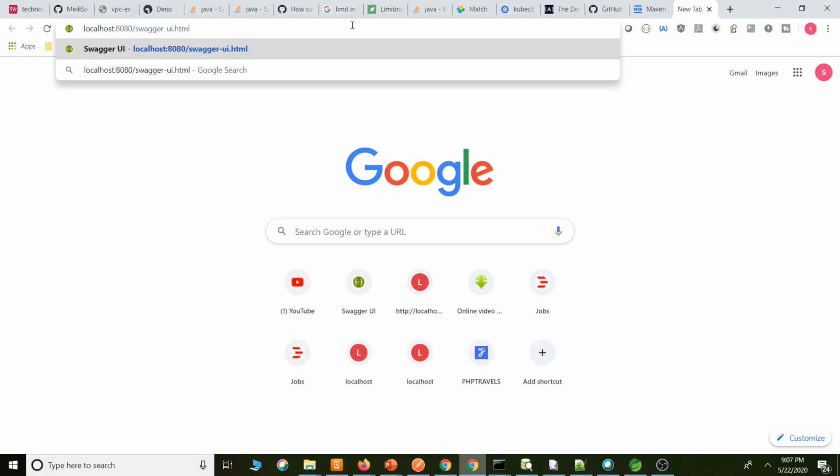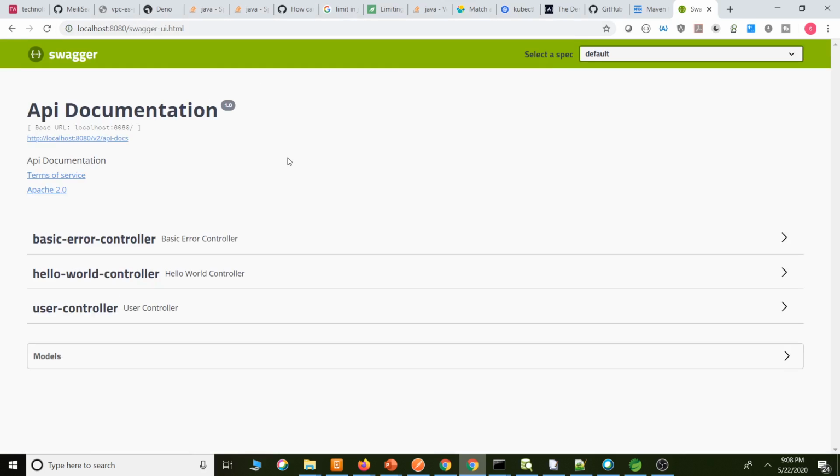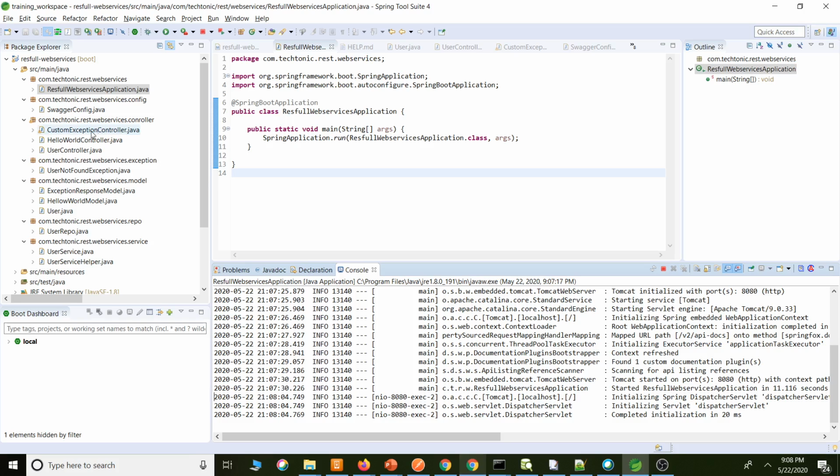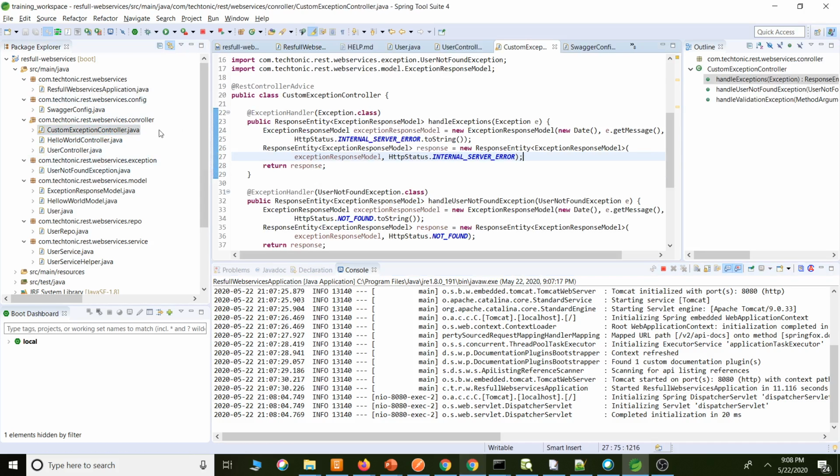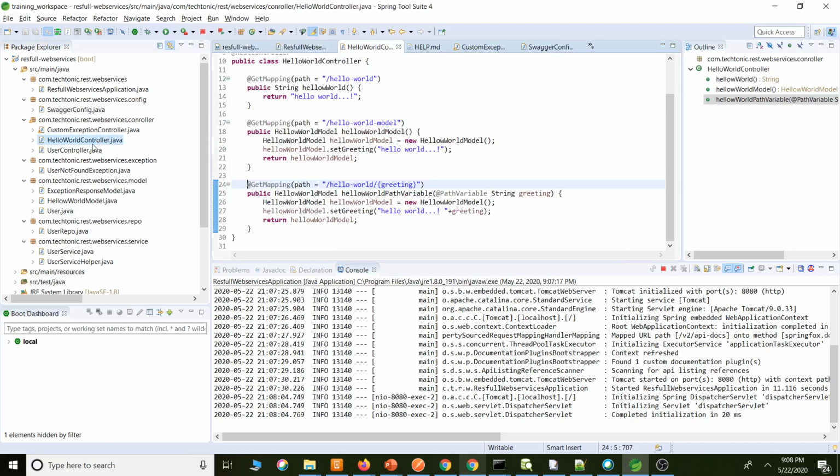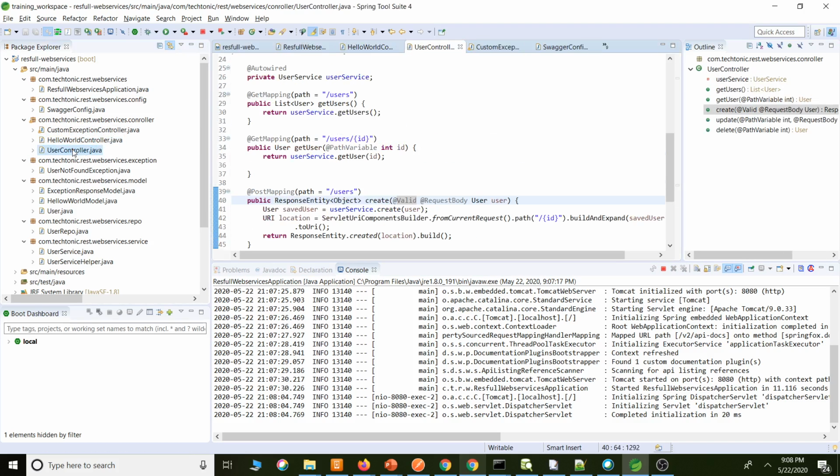To view the UI, the default path is swagger-ui.html. It has loaded the UI, and in the UI we can see our controllers.